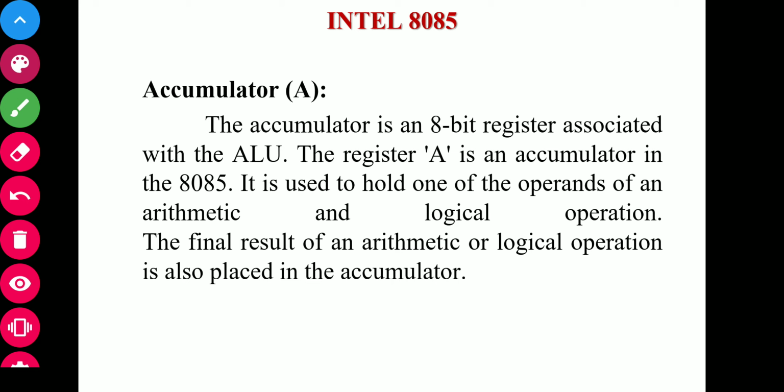Let us see what is accumulator in detail. The accumulator is an 8-bit register associated with ALU. The register A is an accumulator in the 8085. It is used to hold one of the operands of an arithmetic and logical operation. The final result of the arithmetic or logical operation is also placed in the accumulator. See, the main purpose of this accumulator is, for example, if you perform an operation like A plus B,